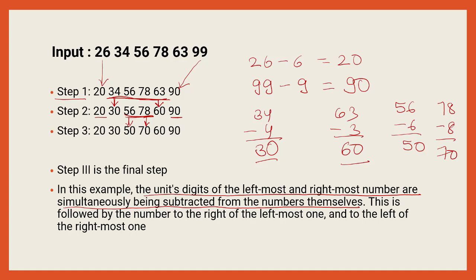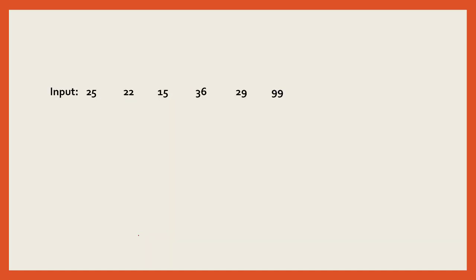In each step, this process has been done with two numbers, the leftmost and the rightmost. In step 1, and then later on, since the leftmost and rightmost have already gone through this process, we have taken the next number as right of the leftmost one and the left of the rightmost one. So that is the input output pattern used in this particular question. So this is again a mathematical operation. What we have done is reduced every number by its unit digit. Let's have a look at another example.